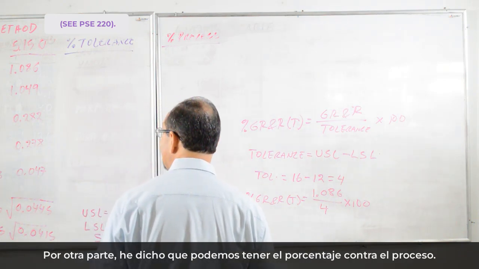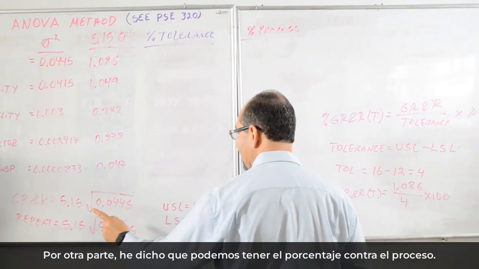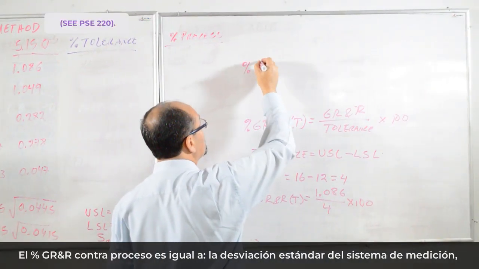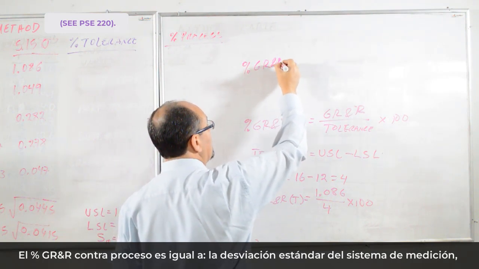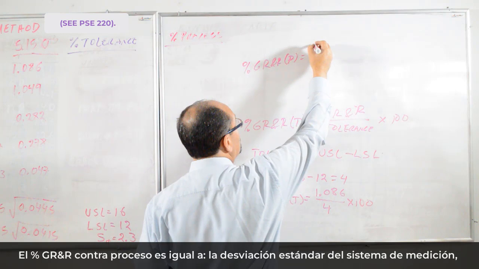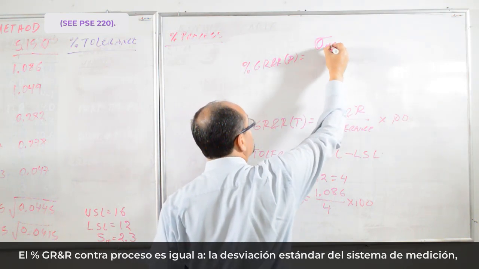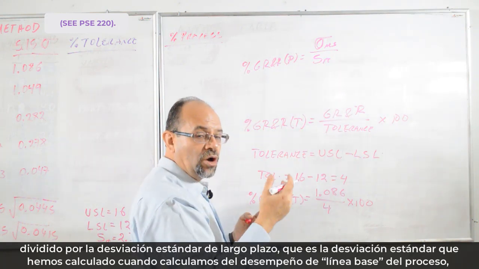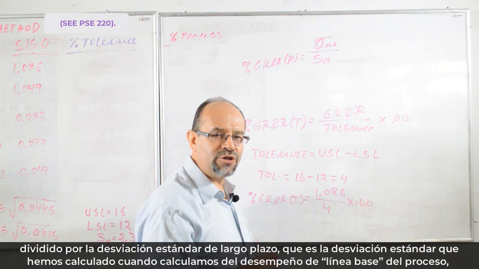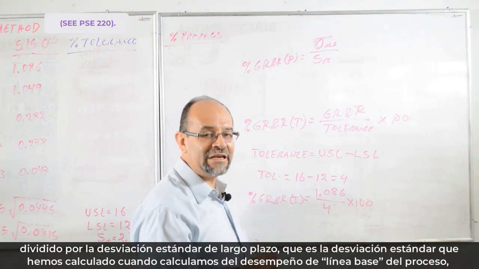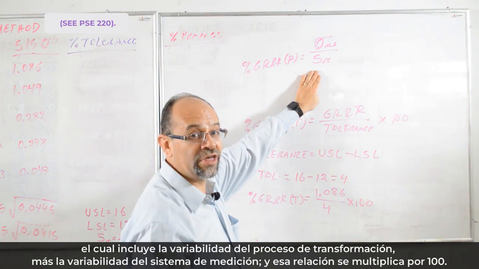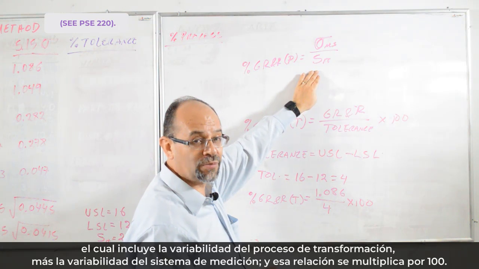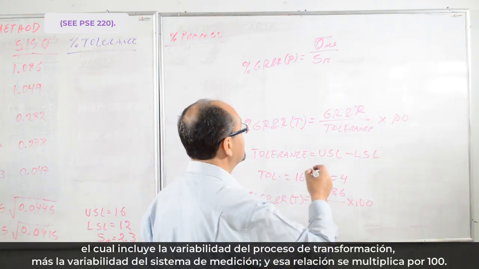On the other hand, I have said that we can have the percentage against process, and the percentage of GR&R against process is equal to the standard deviation because of the measurement system divided by the standard deviation long term, which is the standard deviation that we calculated while doing our baseline performance, which includes both the actual variability of the transformation process plus the variability of the measurement system,